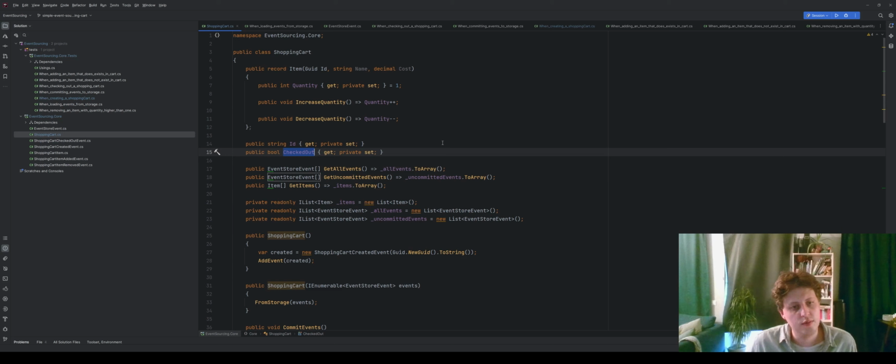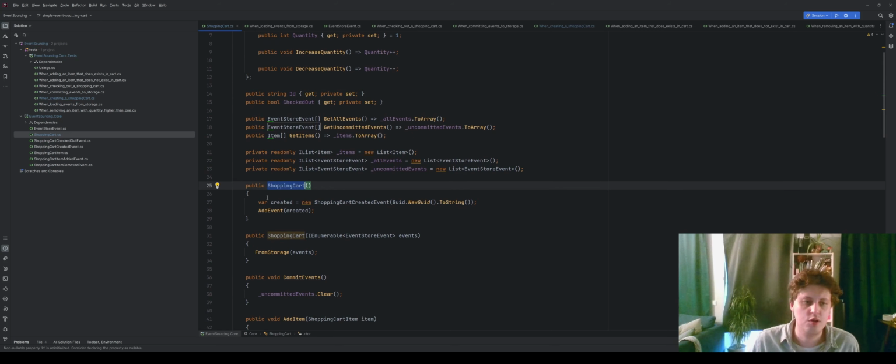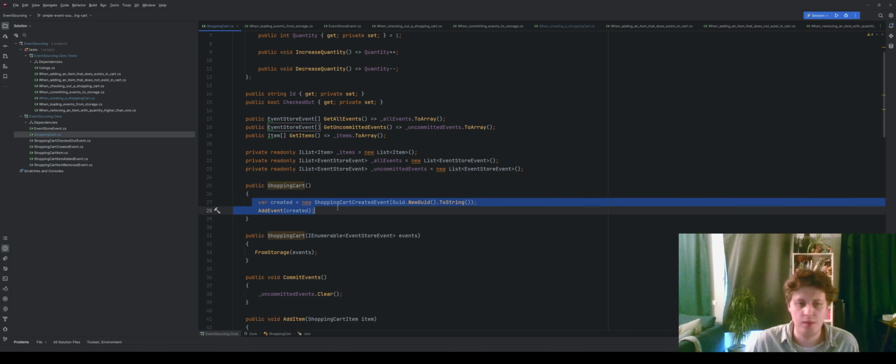But we can look from start to finish at all the state changes in the shopping cart and how to create a shopping cart. So here we have the model, and there are two ways of creating the shopping cart. The first one here is when you create the shopping cart. So maybe a user has added something to the shopping cart, or a user registers on a website, and a shopping cart is created. I don't know when you would create the shopping cart, but when you new up your shopping cart,